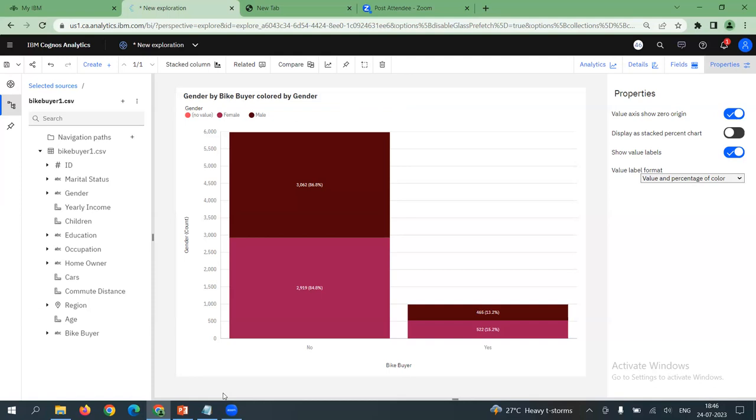Please note down, whenever your target variable has more than two classes, a stacked column can still show them, but the complexity of the graph increases. So 3 or 4 classes can be represented as a stack, but beyond that, I would recommend going with a tree map, or you can also project the data as a bubble chart.